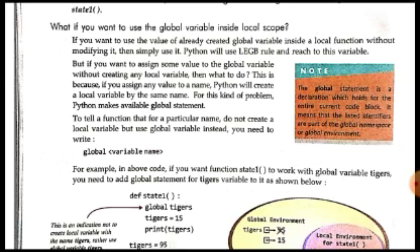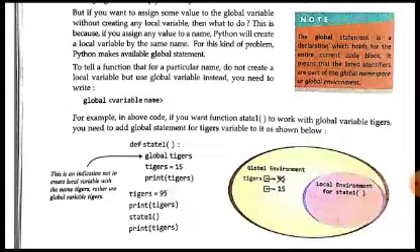Like here, in this state1 function, we have defined this tigers variable as global by using the global keyword. Now what we have told is that this tigers variable inside the state1 function is the same as the tigers variable which has been defined outside the function. So this tigers variable inside the state1 function is not a local variable. This tigers variable which has been declared global in the first line of the function is not a local definition. This is the global definition.